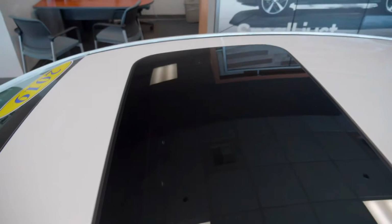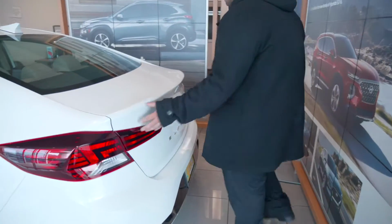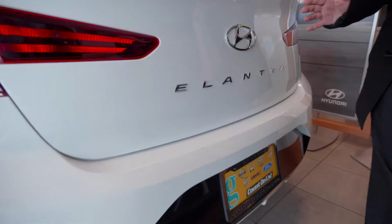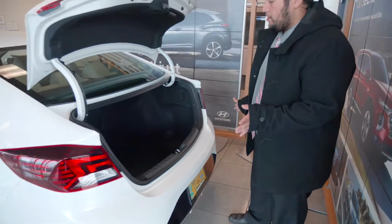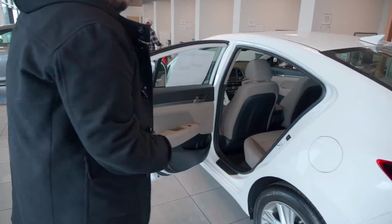And a cool part I like about the Elantra, which is really different from the 18 Elantra, is the trunk. I don't know why I like it so much, but they redesigned the trunk. On the back it shows your Elantra badge right here. And a cool way to open the trunk is a little release button inside of the emblem. So all you have to do is press inside and it opens up. And then here you have your 60-40 split in the trunk space. So to pull those seats down, you just pull a little lever and it allows you to pull those seats